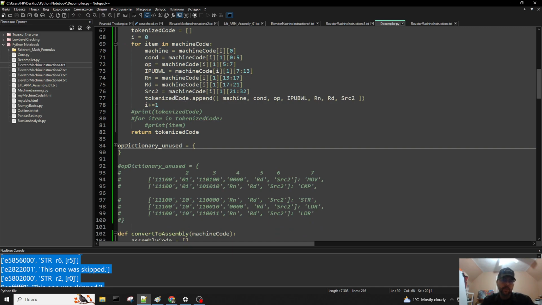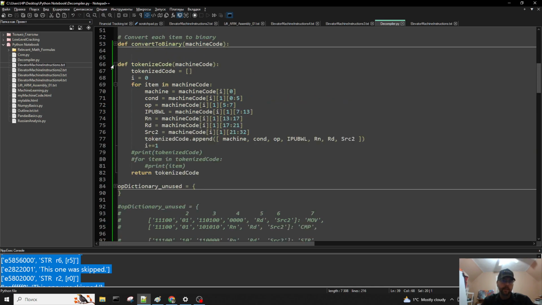So each, now it's actually not just two deep. It's not like a 2D array. It would be, let's see, I think it's like 8D. 1, 2, 3, 4, 5, 6, 7, plus there's going to be one more for the original machine code instruction, without decoding, just in hex basically. So 8 deep on the array there, and then now that I have it all split up like that,